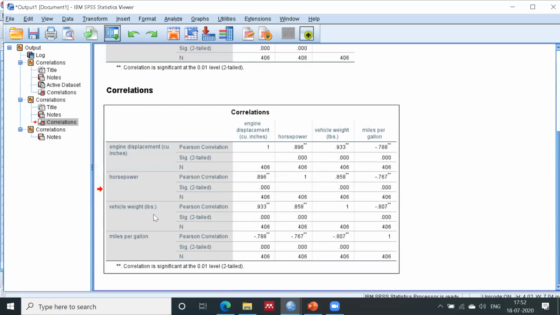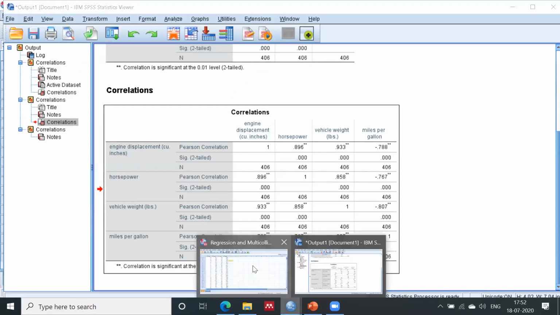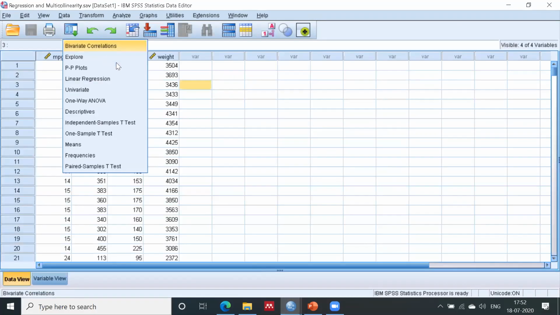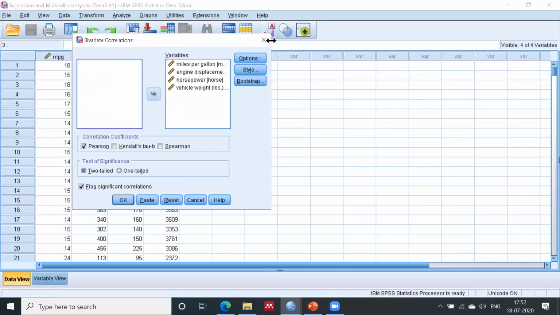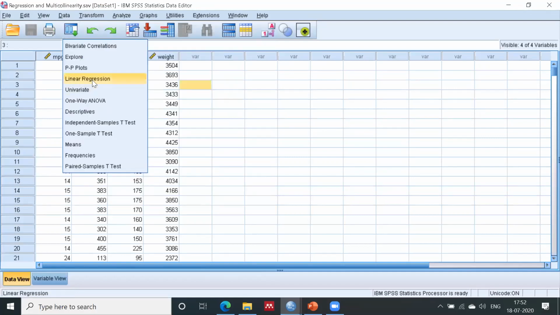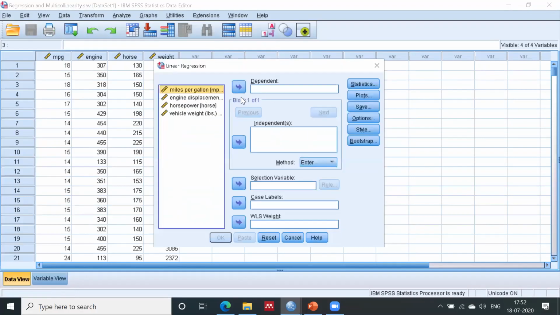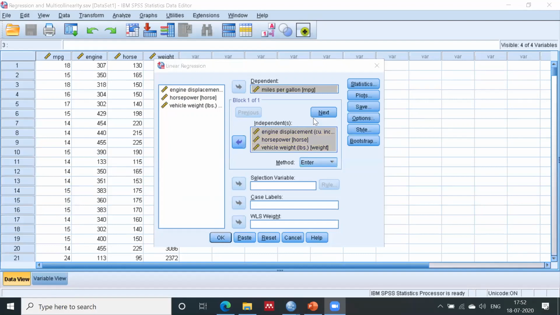Now I will go to the same linear regression again. This one, MPG is my dependent variable, and all three are my independent variables, right? And nothing else you need to do right now. They are asking for the method also. There are 4-5 methods: enter, stepwise, remove, backward, and forward.